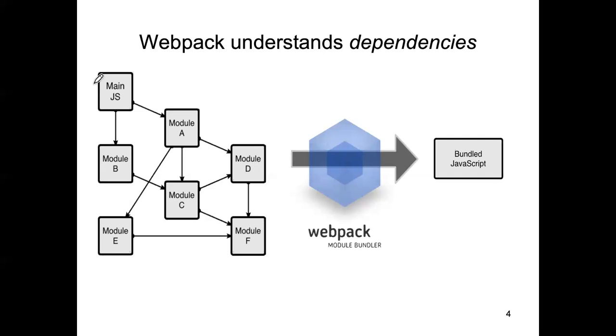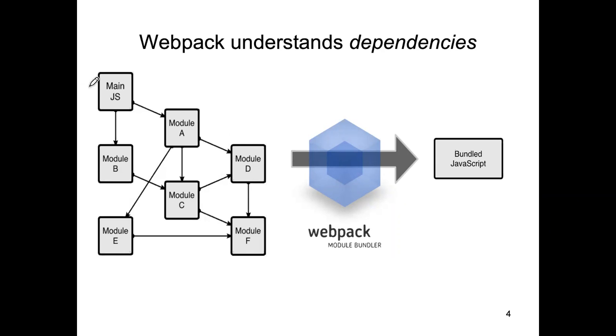If we looked at the source code inside this, we would see that it imports this and it imports this. And if we looked at the source code for this, we'd see that it imports this and so on and so forth. So what Webpack does is it starts here and builds up this dependency graph,